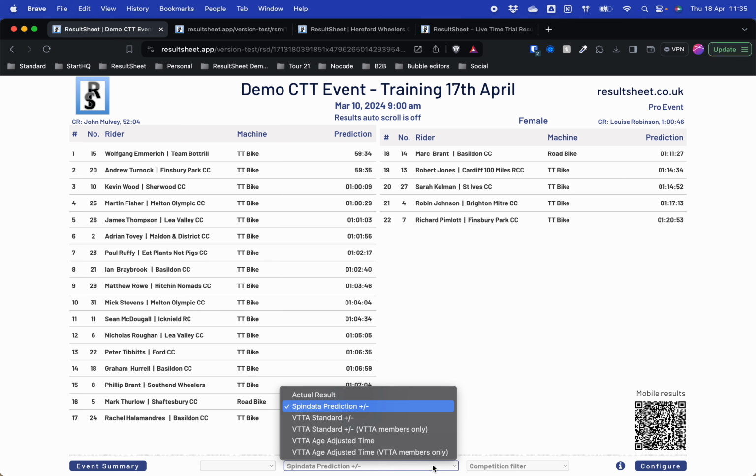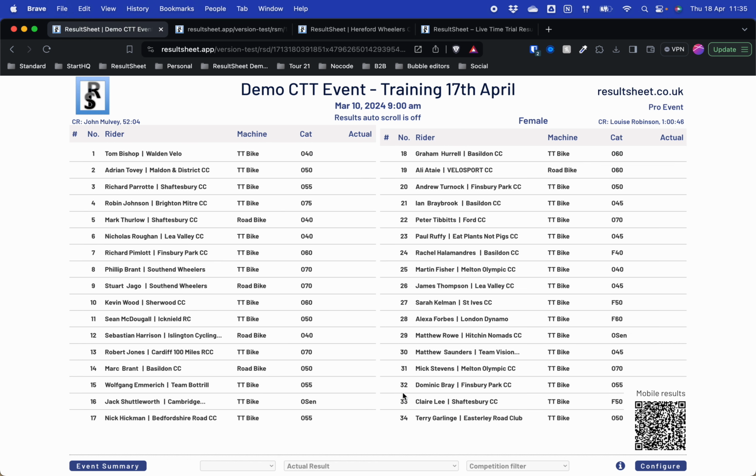And then the other options on here are VTTA standards, and you can do members only, VTTA members only, and then you've got age adjusted time and age adjusted time for members only as well, but we won't go into those because there aren't any results in here yet. So if I put that back to actual, and the competition filter,